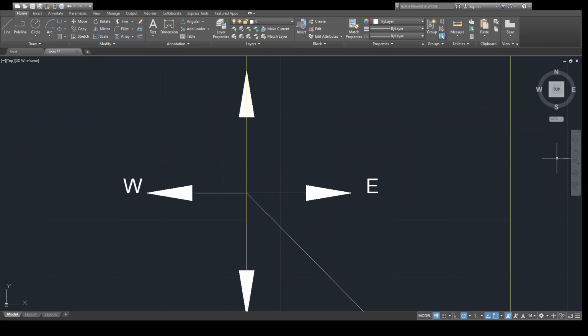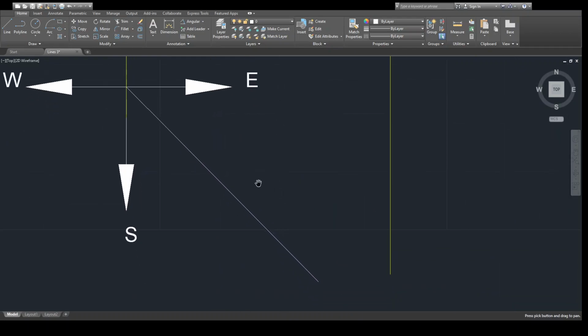Yes, the line is broken, no problem. Group. Now it becomes a single line.